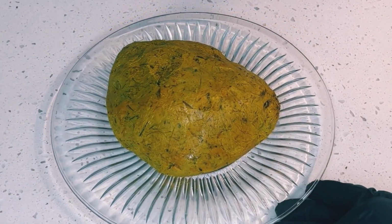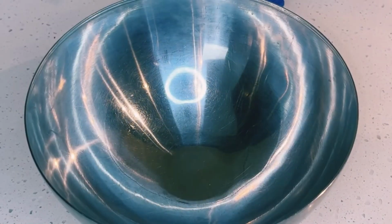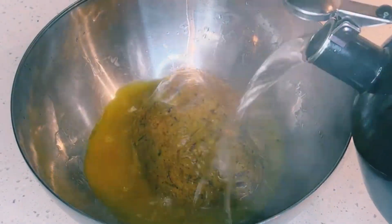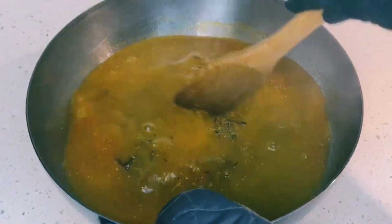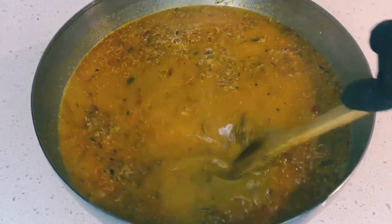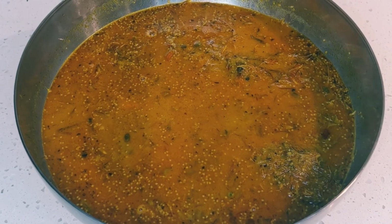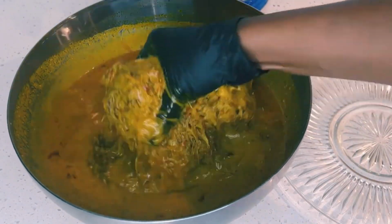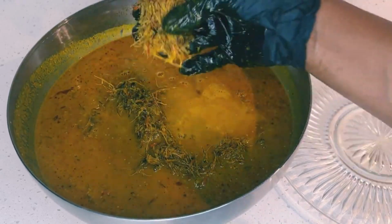I also have here my pounded palm nuts with herbs. My mom brought it from Ghana and I'm super grateful and thankful for this. I'll put it in a bowl and then add in some hot water. I'll use my wooden spoon to separate it and then allow it to cool down before putting my hands in it. This palm cream is full of turkey berries and other beneficial herbs, and I'm super excited to be using this. It has cooled down enough for me to put my hands in it, so I'll squeeze out the